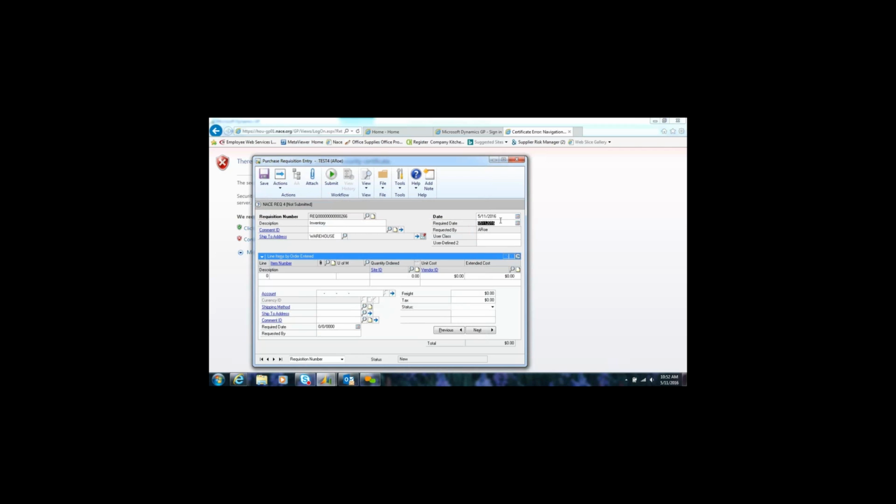The required date is when you're expecting to receive your goods. You can put 2 weeks, 3 weeks, 4 weeks, whatever was decided between you and the vendor. In this case, with the inventory item, we're going to give it 1 month. So I'm going to put 6/11, Tab. It's going to automatically skip over the requested by because your initials are already on there. It's going to take you to the user class. We're going to leave this field blank. Hit Tab, leave this one blank as well, Tab,